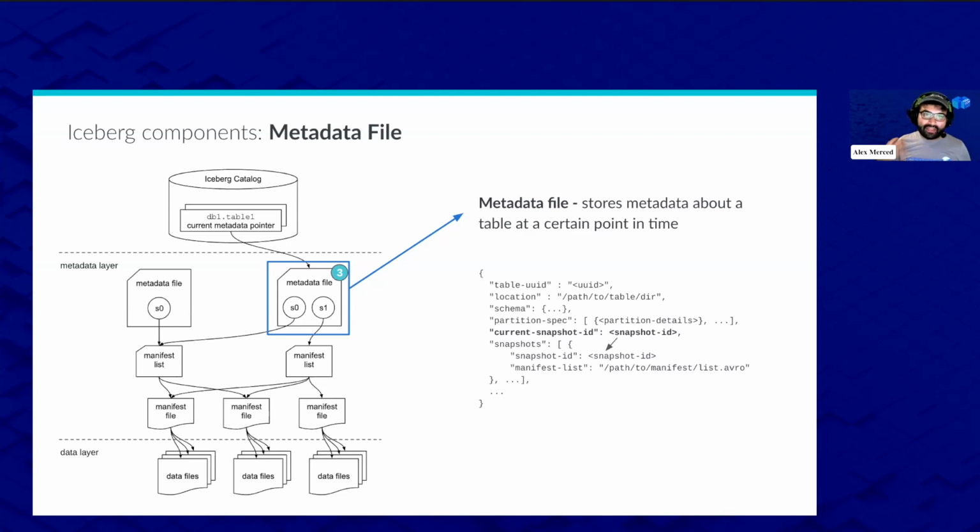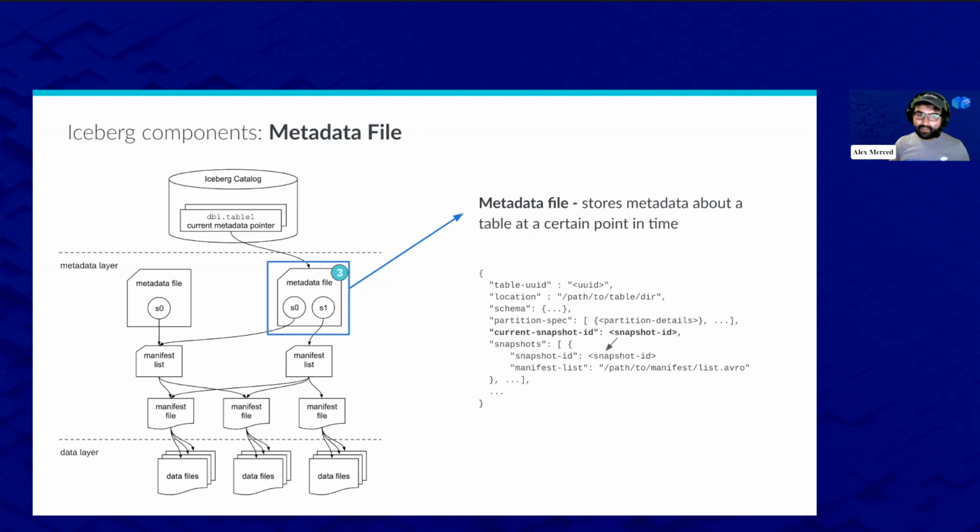So this is going to tell the engine, this is the table. What is its current schema and what are its previous schemas? What is its current partition scheme and its previous partition schemes? What is the current snapshot and previous snapshots? Essentially all the data about the table. Okay, and then I can always use this to refer back to how the table